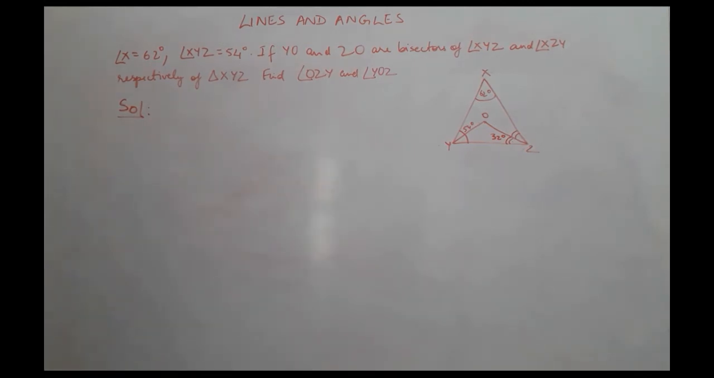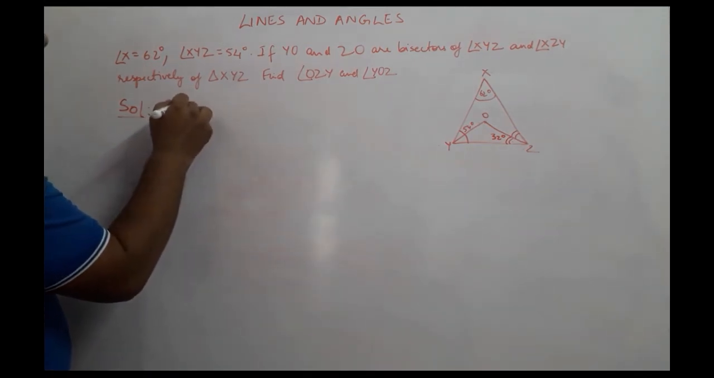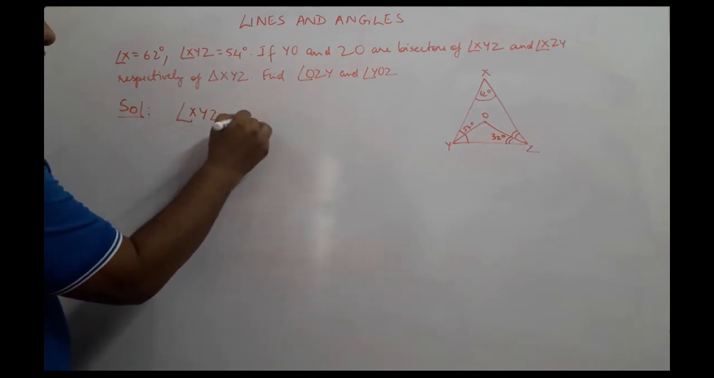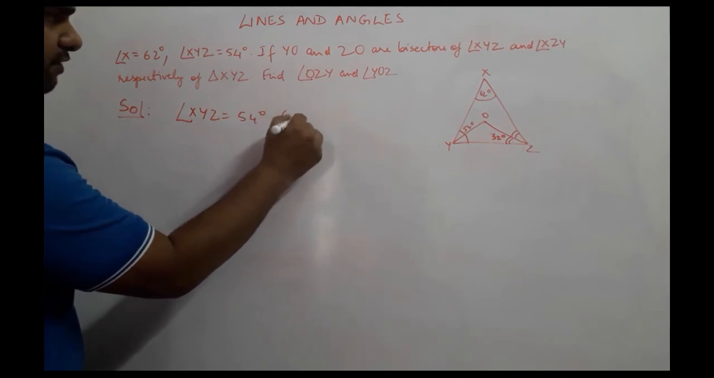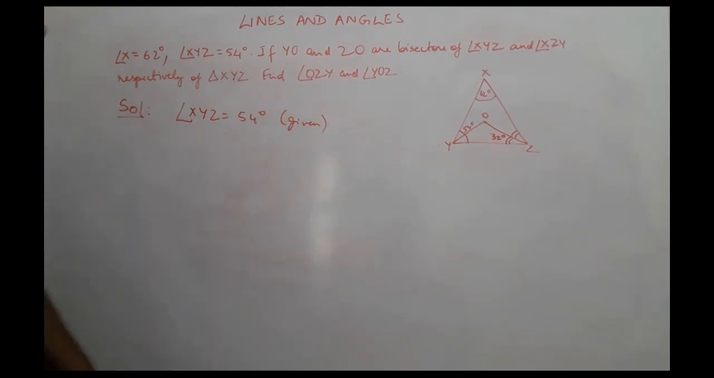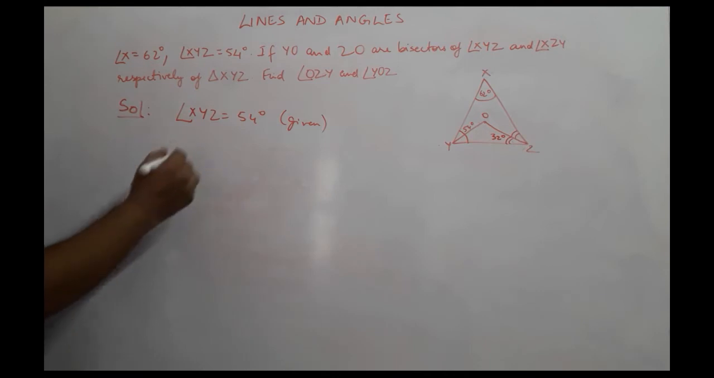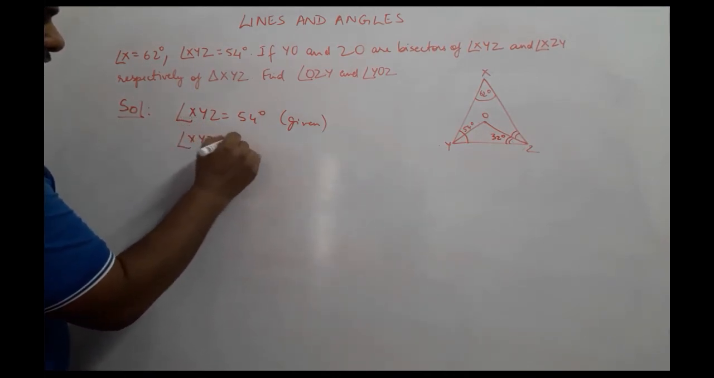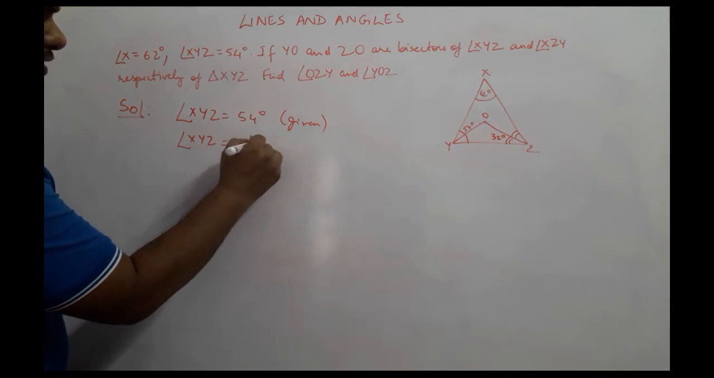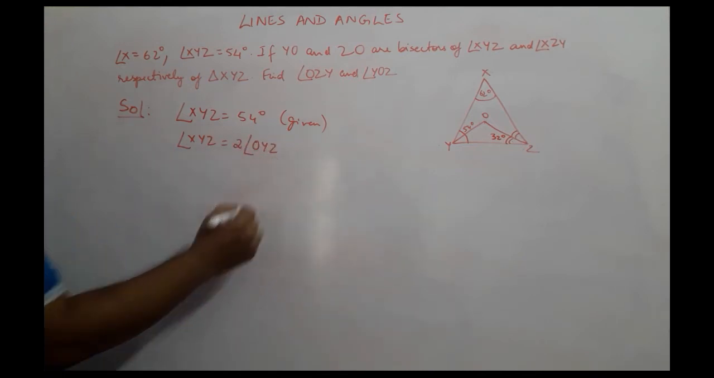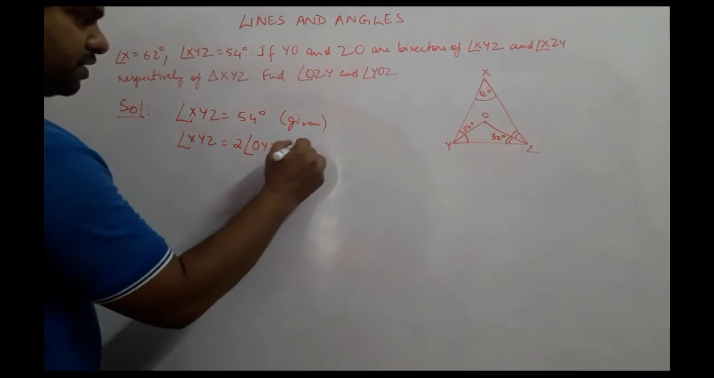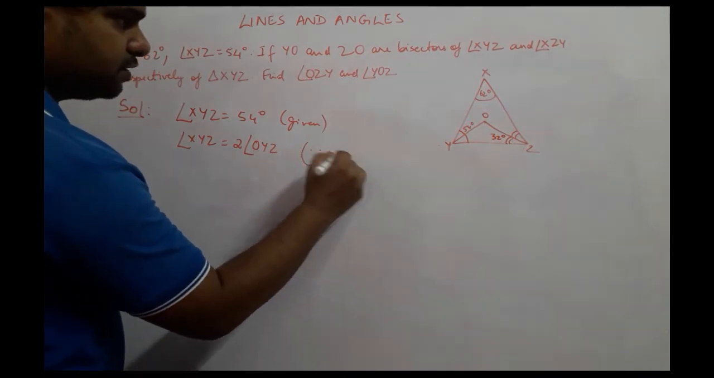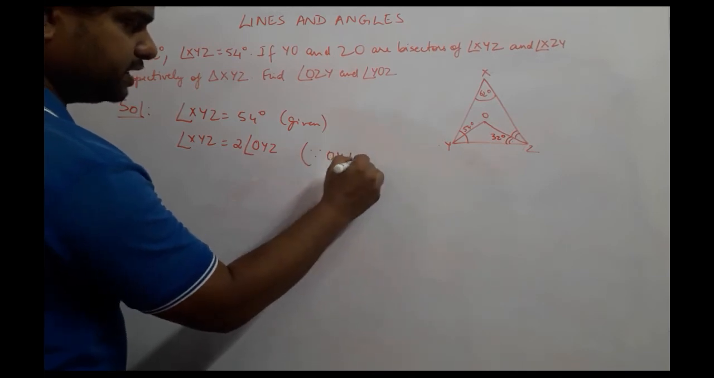We have been given angle XYZ is equal to 54 degrees. So this is given. Now, angle XYZ can be written as equal to 2 times angle OYZ, since YO bisects